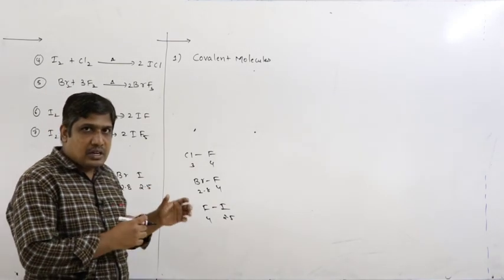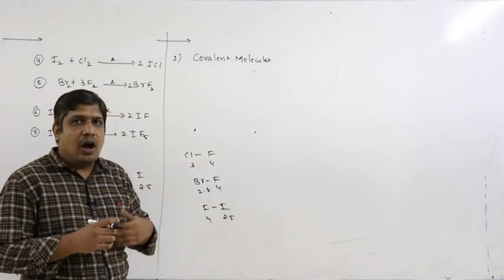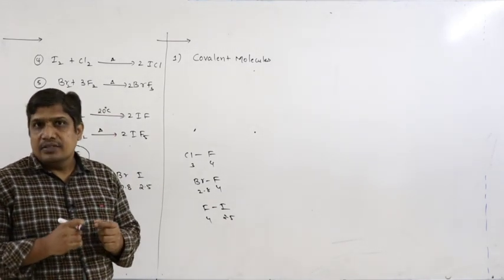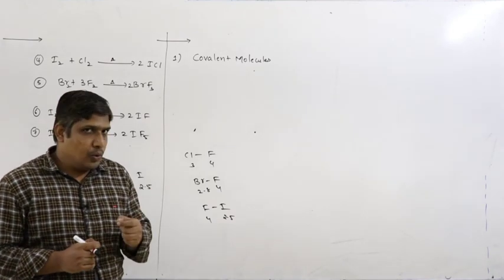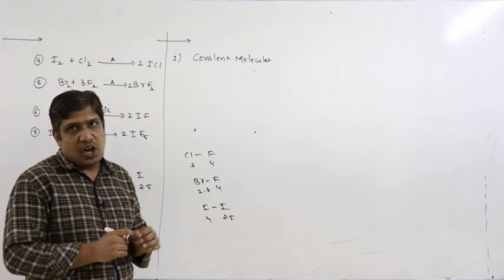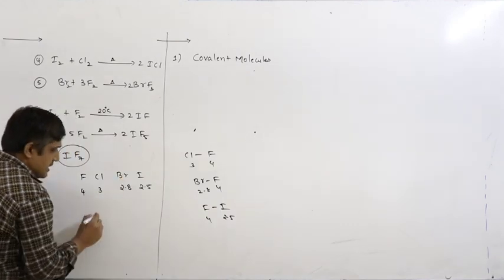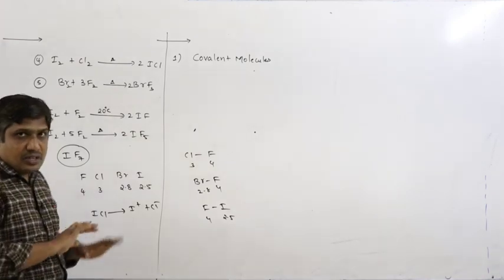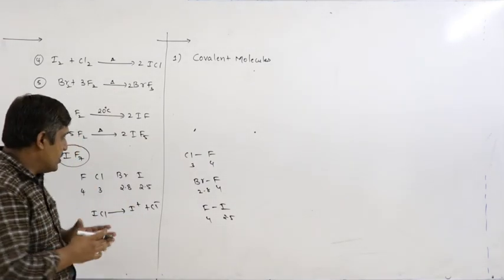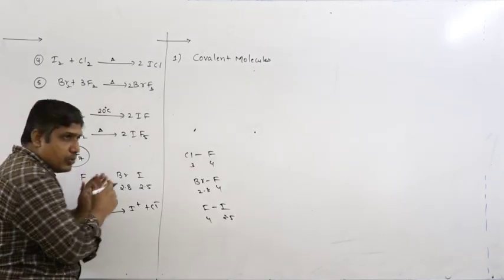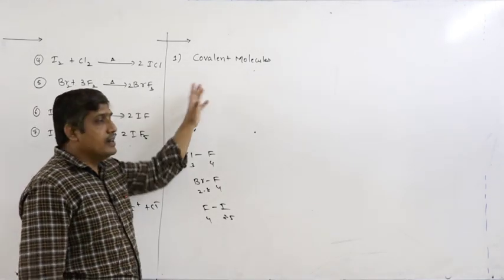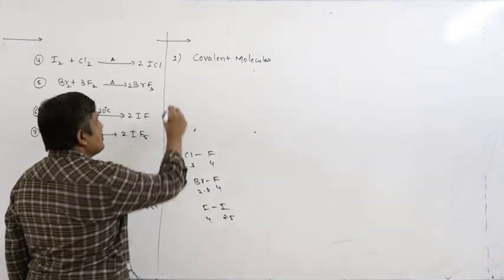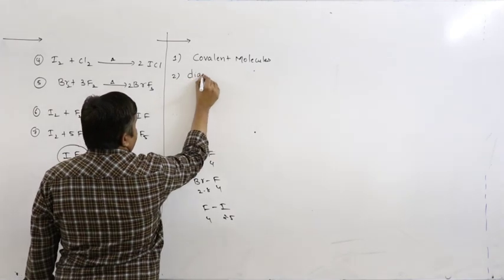Because of the high electronegativity of halogen atoms, the bonded electrons are almost equally shared between them. However, there is some difference. Therefore, they may be slightly polar, but they do not carry any net charge. For example, if I take ICl, it may dissociate into I plus and Cl minus because of more difference in electronegativity. But if I take chlorine fluorine, or chlorine bromine, they are mostly covalent in nature. So all interhalogens are covalent molecules. They are diamagnetic.